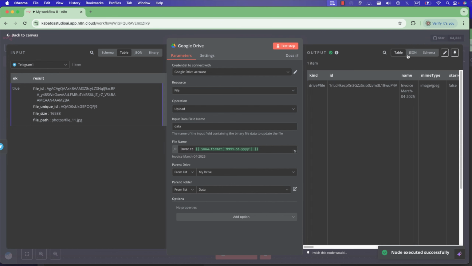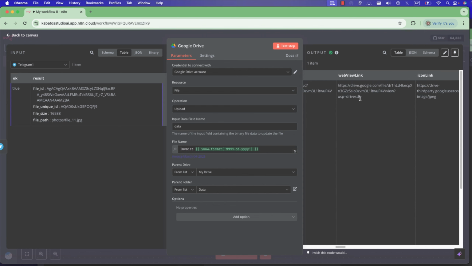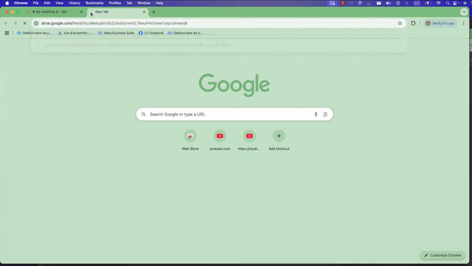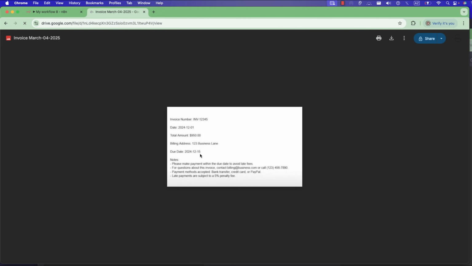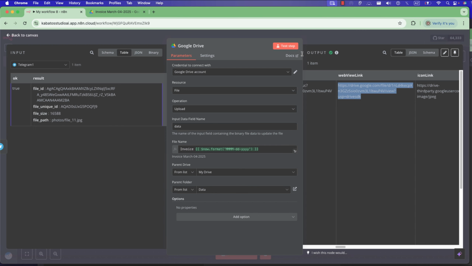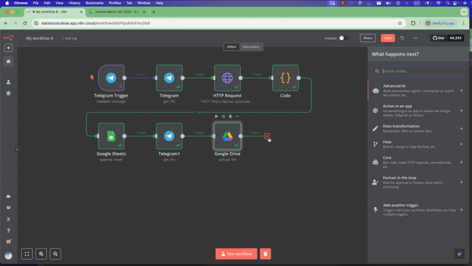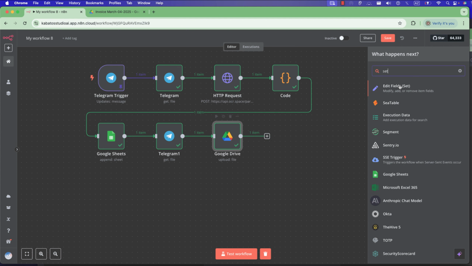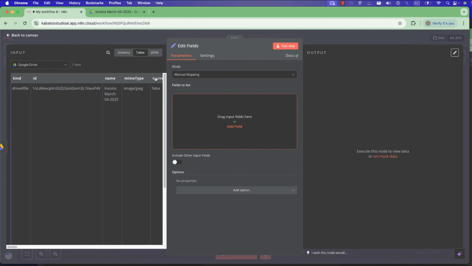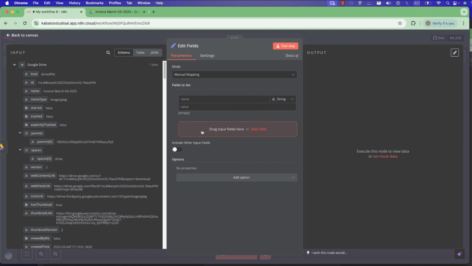Okay, here I get information about my Google, and in this information I have the link which can allow people to look at it. If I go there and paste the link, you'll see the image, the link to get access and see the image. Okay, so we can continue. Here we want to add a set field. We want to get some information about this invoice. If you click once here on the name, you'll get this, and drag and drop it here,